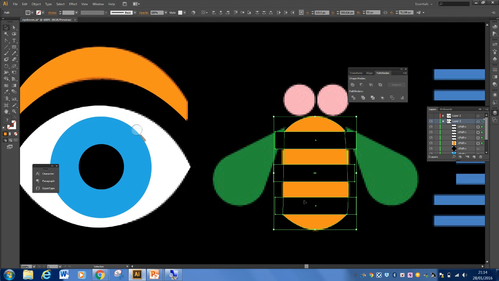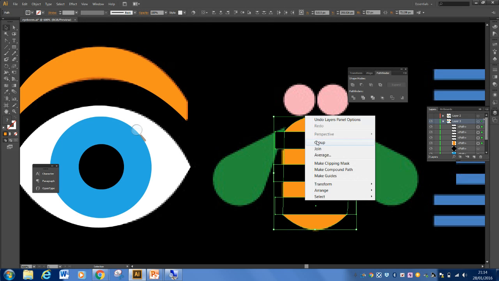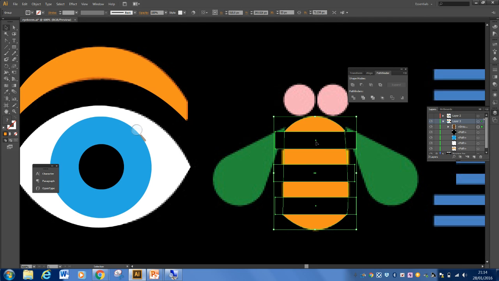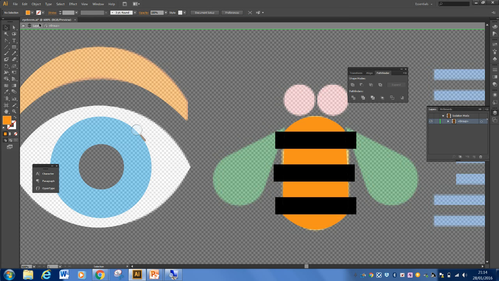First off, I need to group them. The shortcut for that is Control G. You should also be able to right click and group there. This will then allow me to use the pathfinder. What I'm going to use is one called divide. I click on that once it's been grouped, and that will now allow me, once I go into the object group in isolation mode, the way I do that is double click, and you'll notice at the top that it's changed the way that it appears. So I'm inside of the group,